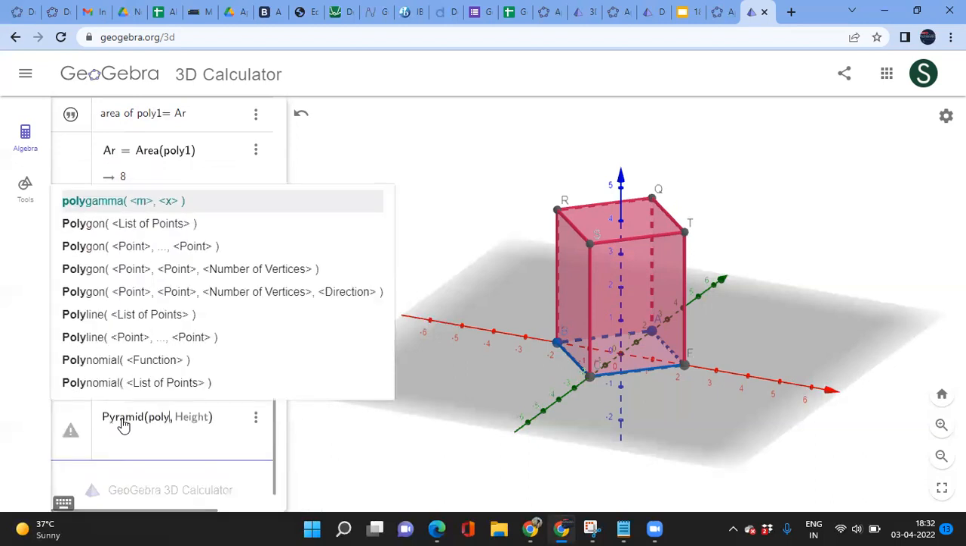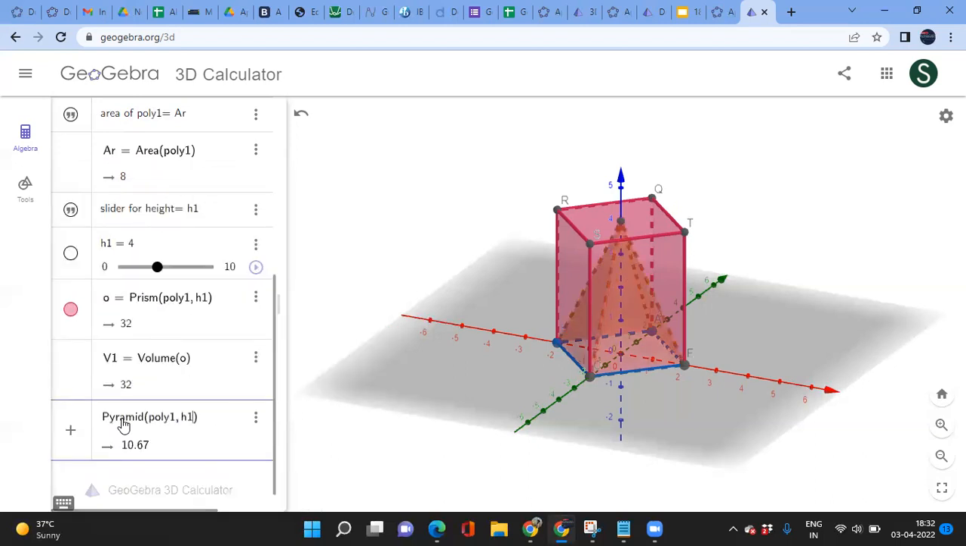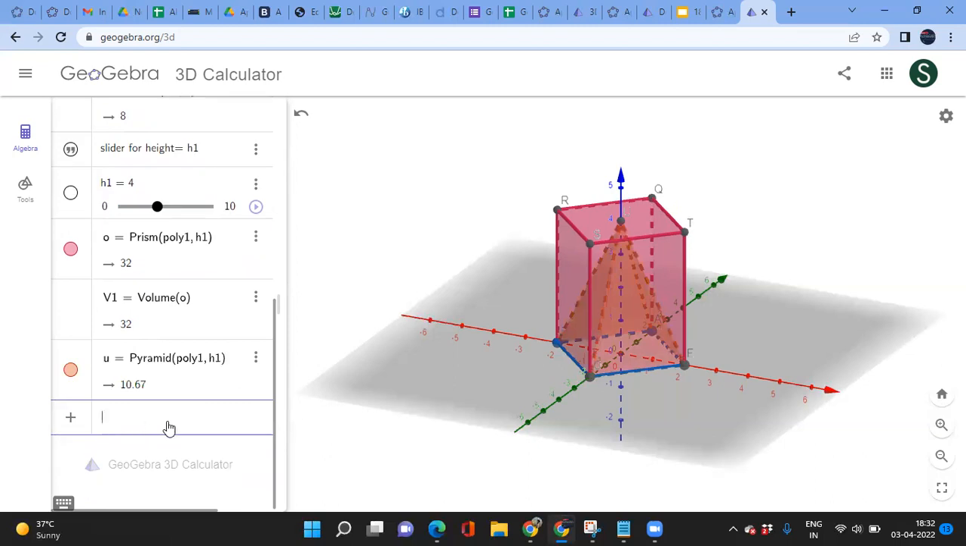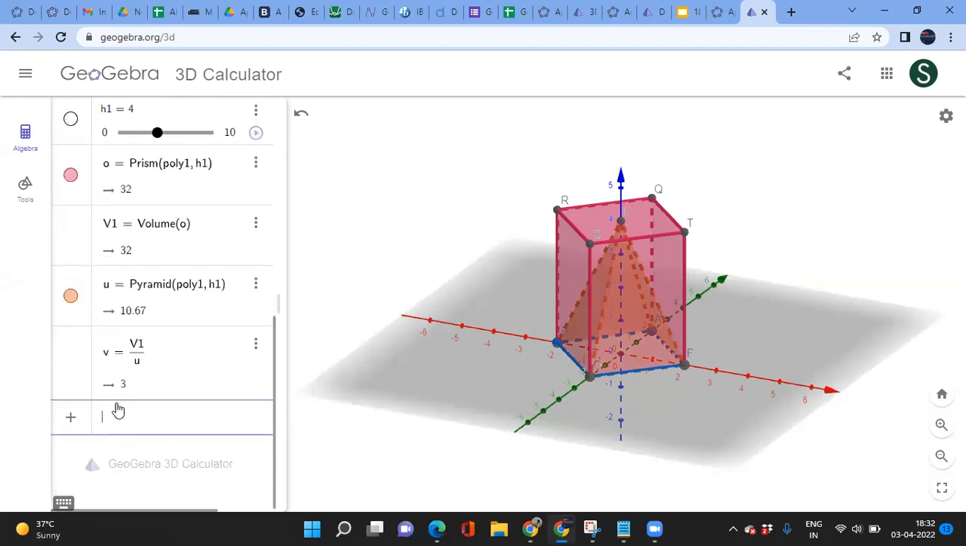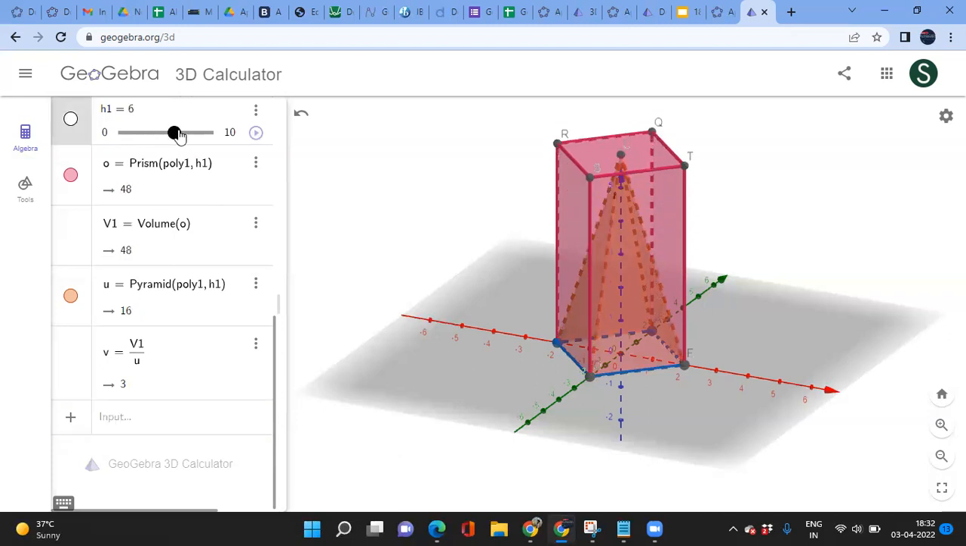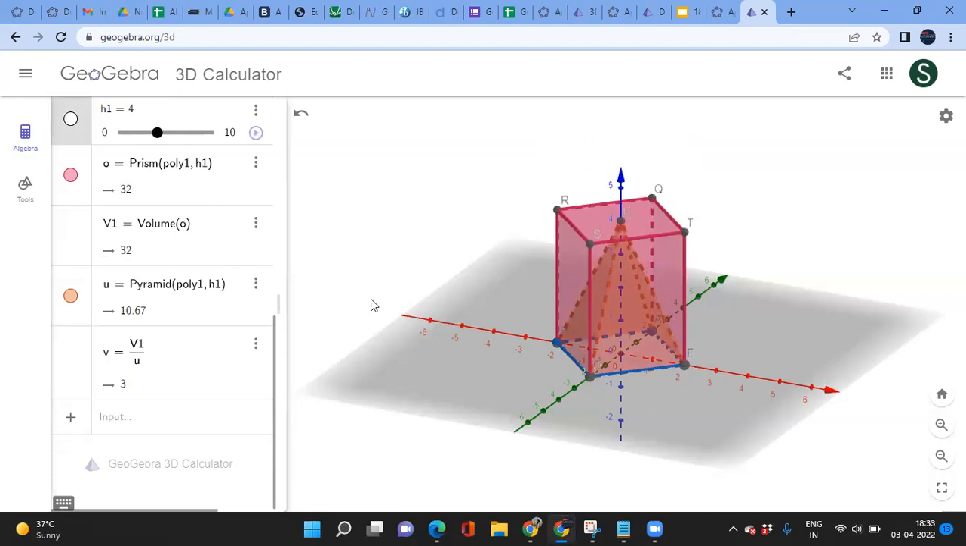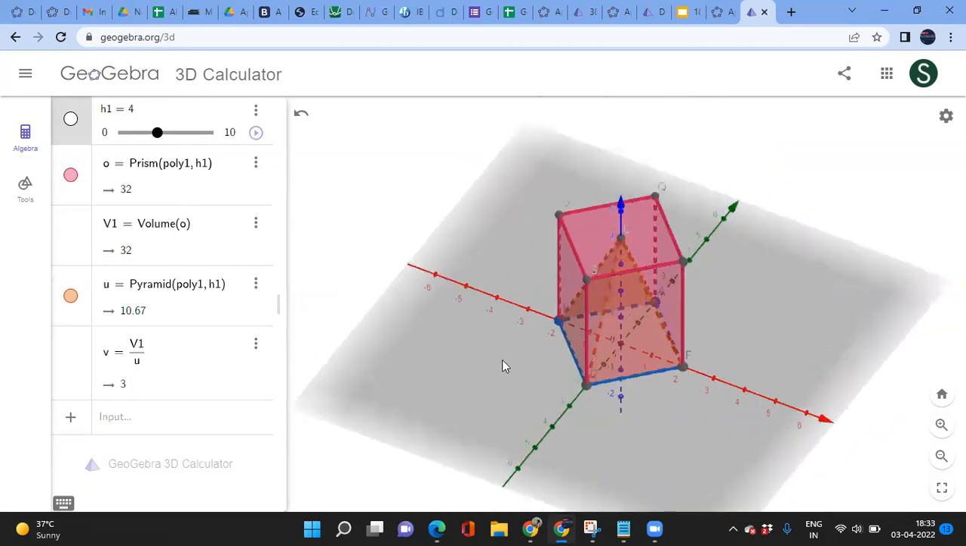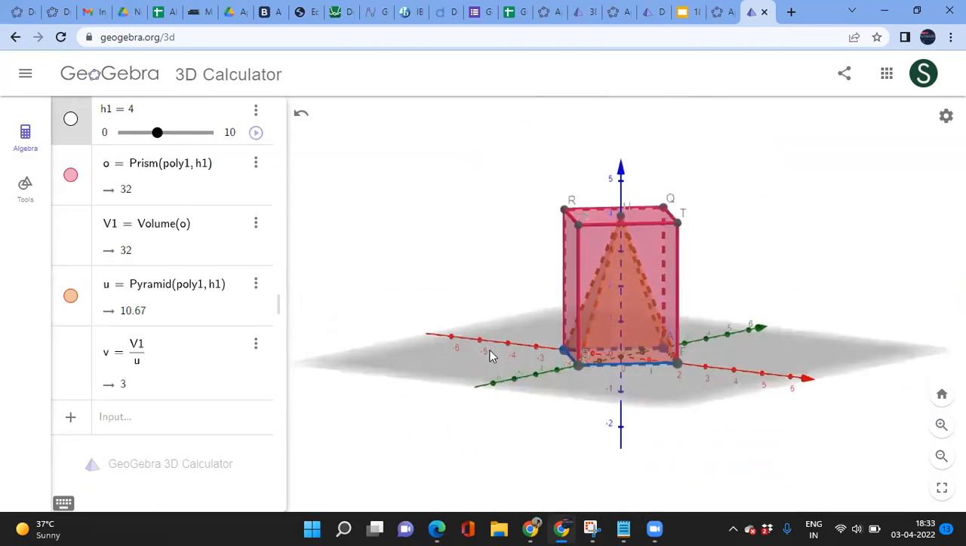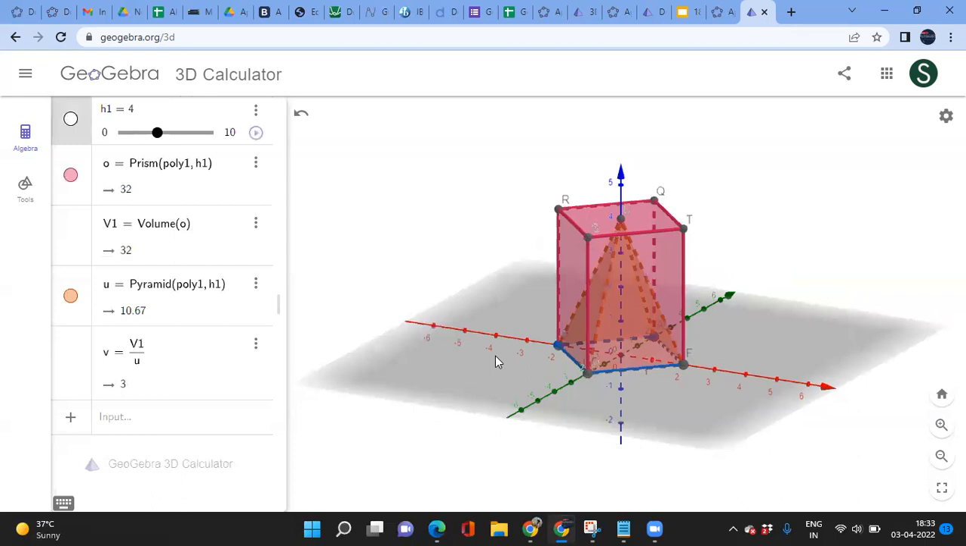So POLY, poly1, and the height one is H1. Again, same. Have a look, it is 10.67, right? So if I divide the volume V1 over U, look at this. The ratio is coming up 3, right? So we can definitely prove it easily here why the volume is 3 times that of the pyramid of my prism